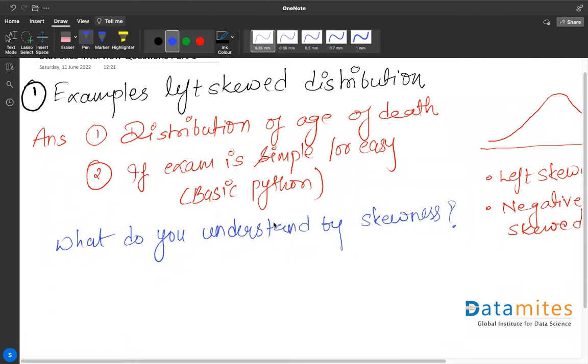Distribution of data. Skewness is distribution of data. Is it? Try it in very layman terms. Okay. So skewness will be influenced by outliers in the data. Yes, that is an influence on the skewness, right? How skewness occurs in the distribution is because of the outlier. Mean does not coincide with peak value. Okay. Data concentration, distribution of data which is moved to either side. Yes, almost correct, Sumit. So yeah, Sumit's answer is correct.